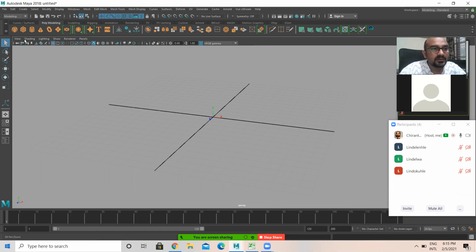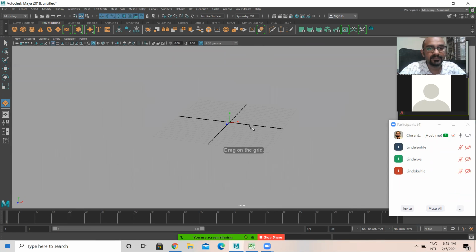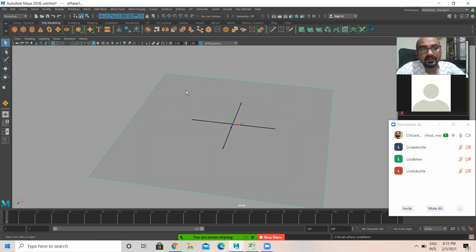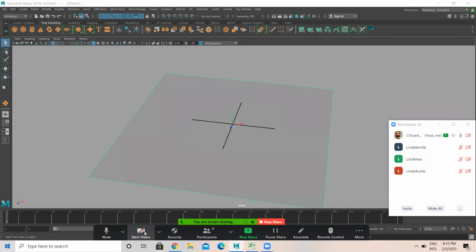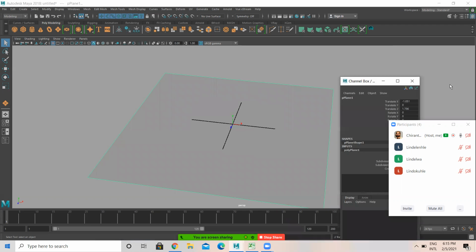Okay. So first thing, we need a base, we need a ground. So I'm just selecting a polyplane here. Okay, and I'm selecting this. So I would like to add a few meshes in this.